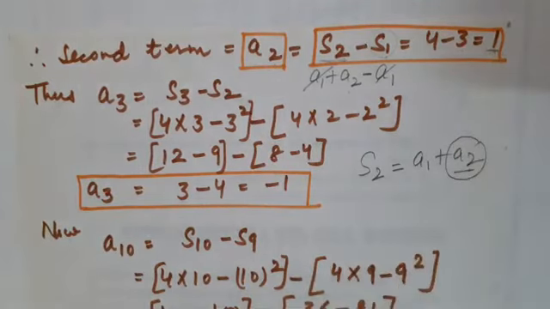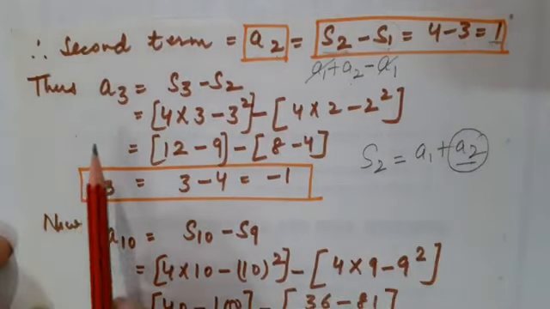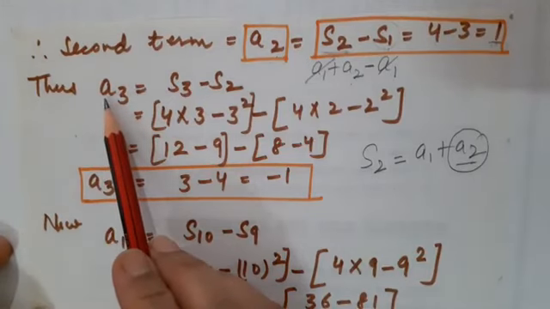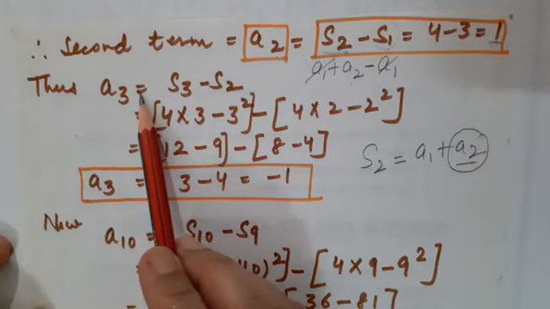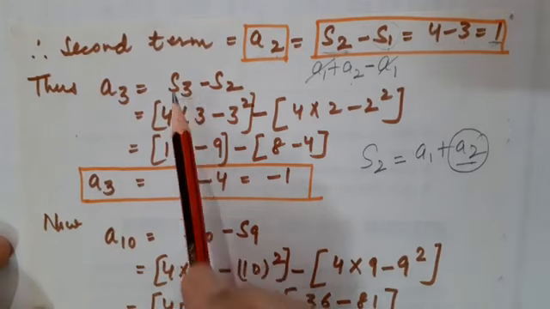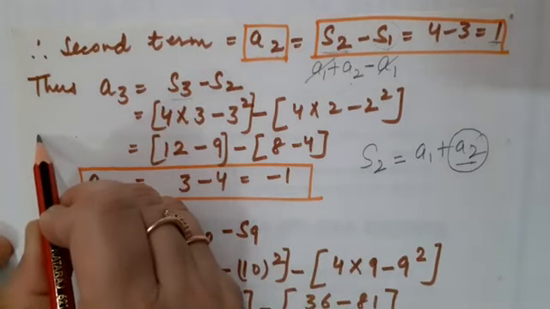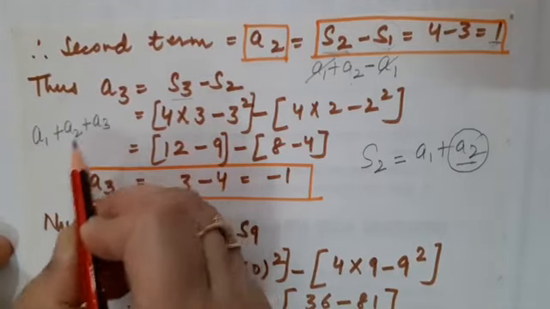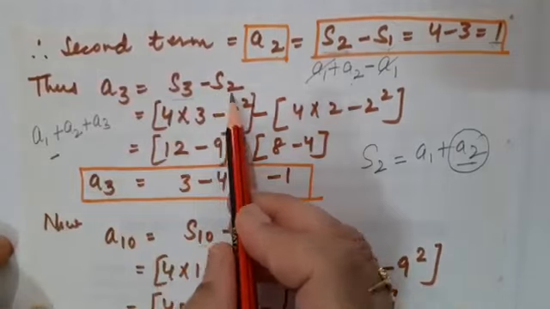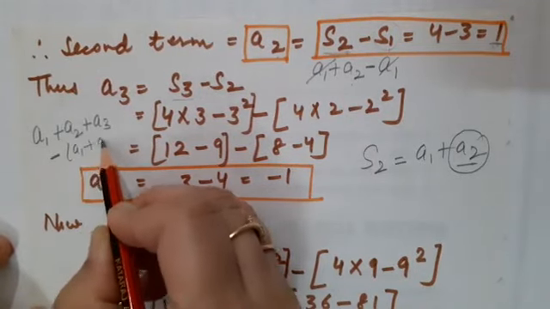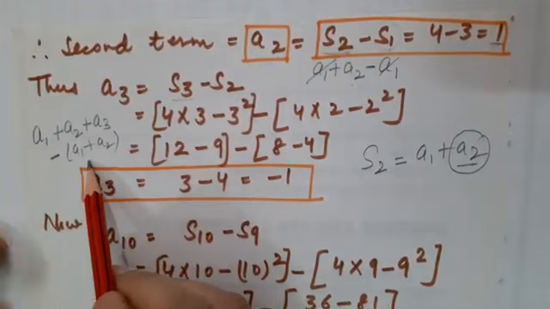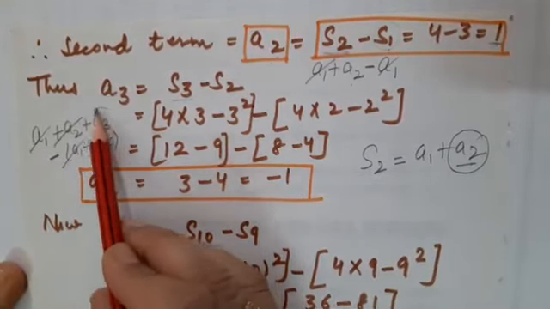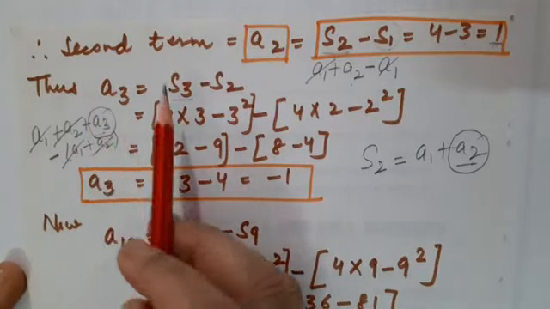Correct, students? Now children, I am applying the same concept once again to calculate the third term. Third term, you know how do we write third term? That is A3. So this must be equal to the sum of first three terms. So can you tell me what will be the sum of first three terms? S3 must be equal to A1 plus A2 plus A3. And I am going to subtract what? Sum of two terms, that is A1 plus A2. When you open the bracket, you will be getting minus A1 and minus A2. They both are going to be cancelled. So ultimately what you are going to get, children? You will be getting A3.